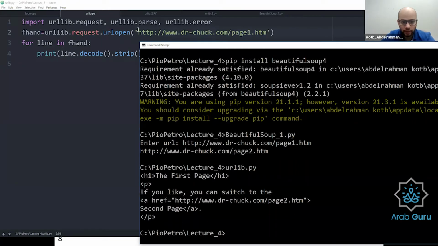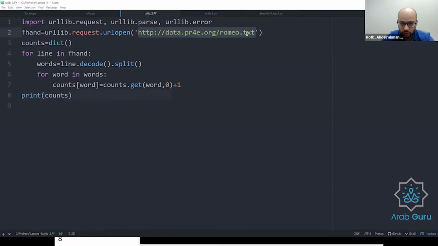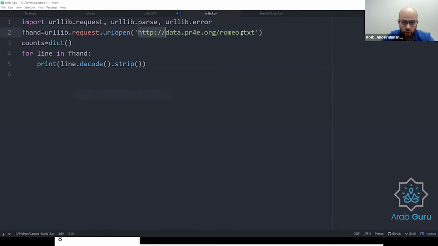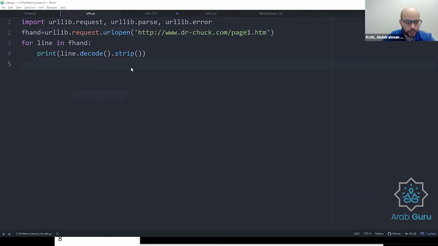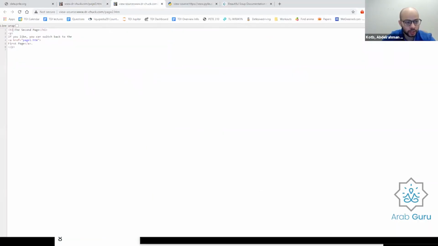So if we go back to these codes, I would like to go through them to show you what they do. If you go to this website and view page source, you see this is what the website is.